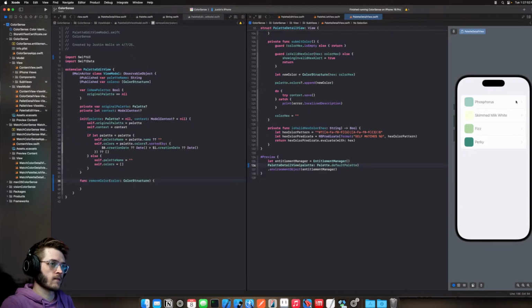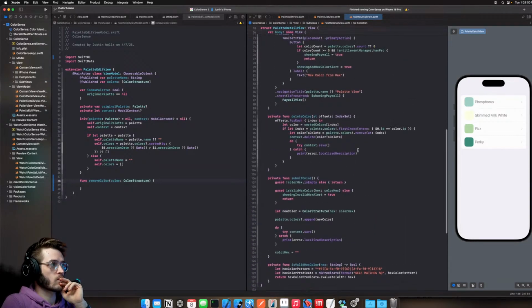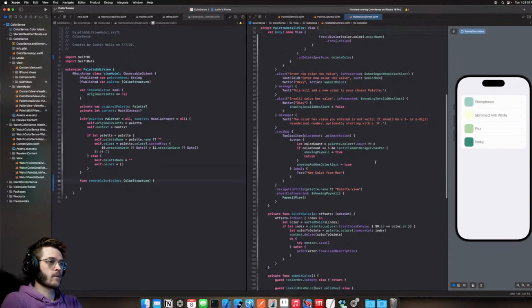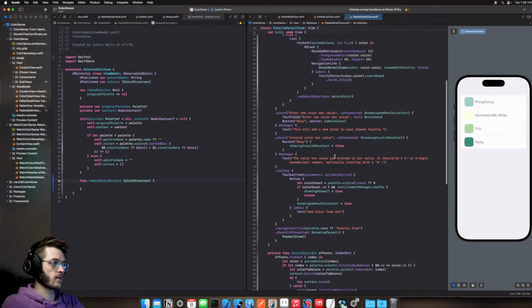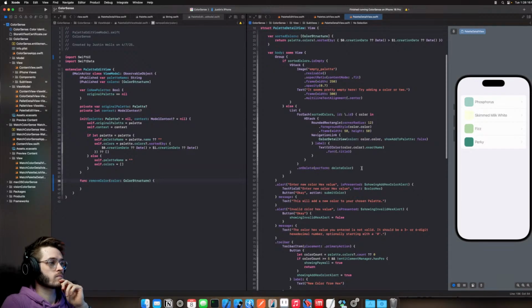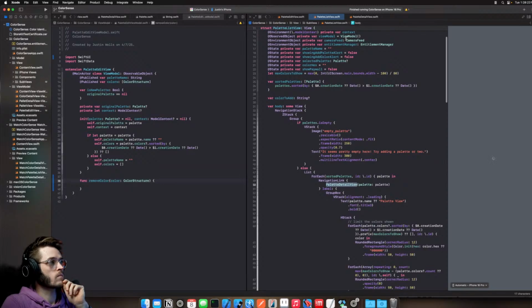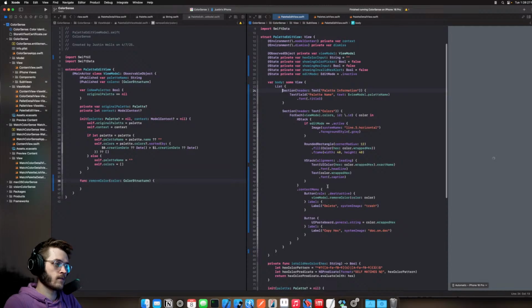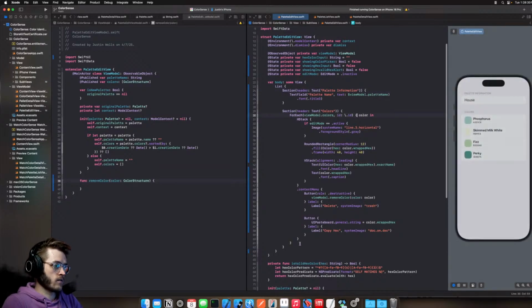This is basically just links to each of the colors. So if you select this, you can also delete by swiping. Which I might add back that functionality. I do also need to make that so you can go to the different colors as well. There we go, palette edits. Go to the for each. We're going to say